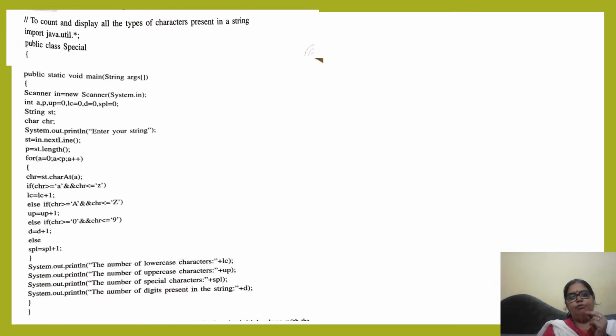Again, whatever character has been extracted in chr, if it is greater than a and less than z, then lc will be increased, otherwise up, the uppercase count, will be increased, otherwise digit will be increased, or if all three are false, then the special character count will be increased. Then we have closed the loop and printed all the counts.